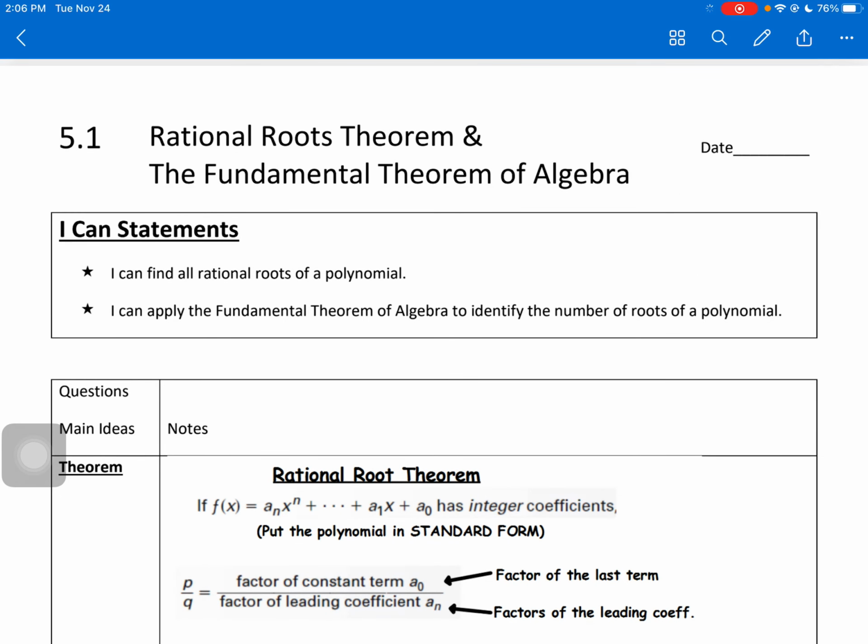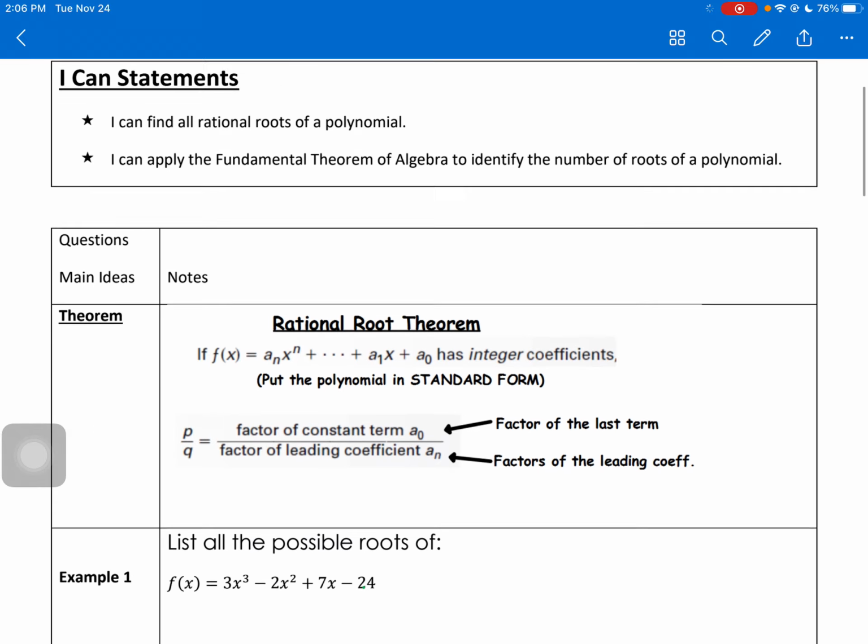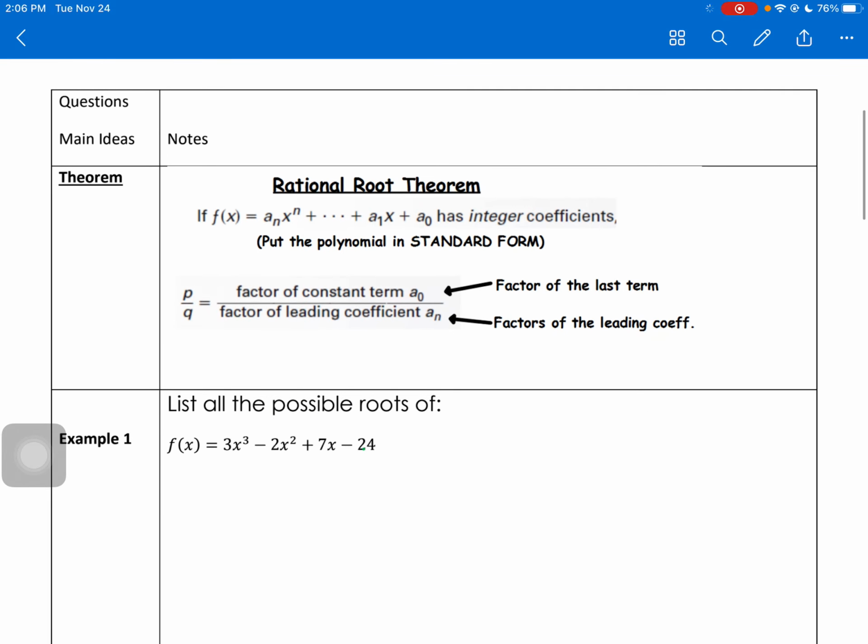In this lesson, we are going to be finding the roots or solutions of a polynomial function. But in this lesson, we do not know any of the roots to begin with. So we first need to talk about the rational root theorem. This is where we can use part of the function to find possible roots to test to find out if